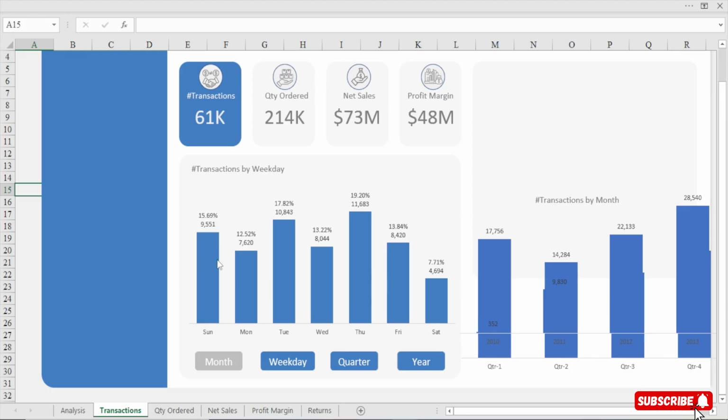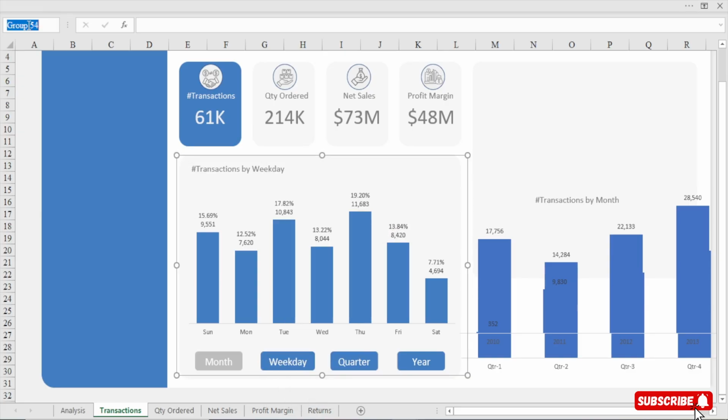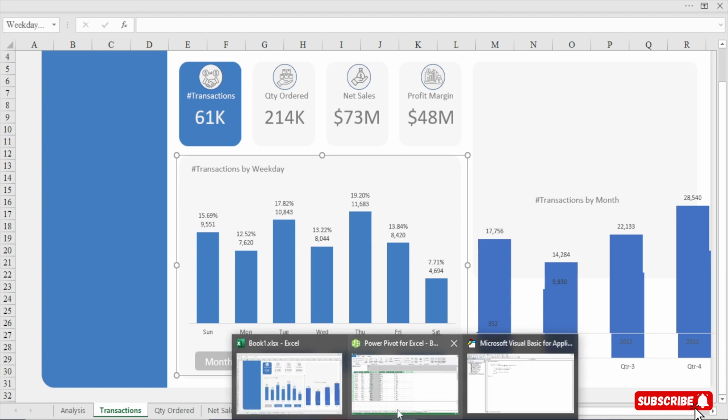Perfect. Now the same process, we are going to select this, and then select this. So you right click, hover on group, and then you group them. Now the name that we are going to give to the group is what? Weekday chart. Make sure you don't leave any space between them, right? Weekday chart, and then hit enter. Now the same thing, let me first of all exit this. We're going to go to our